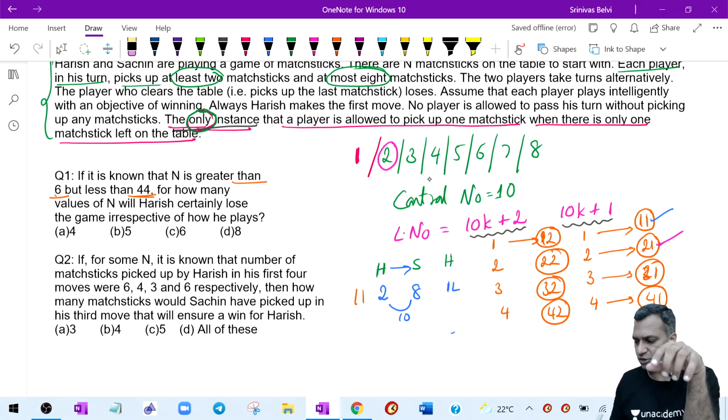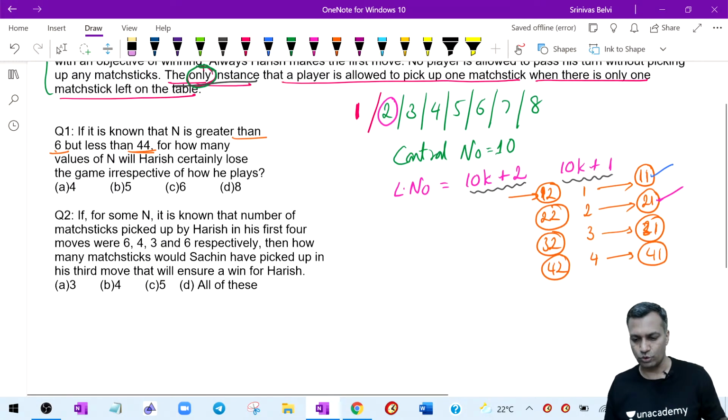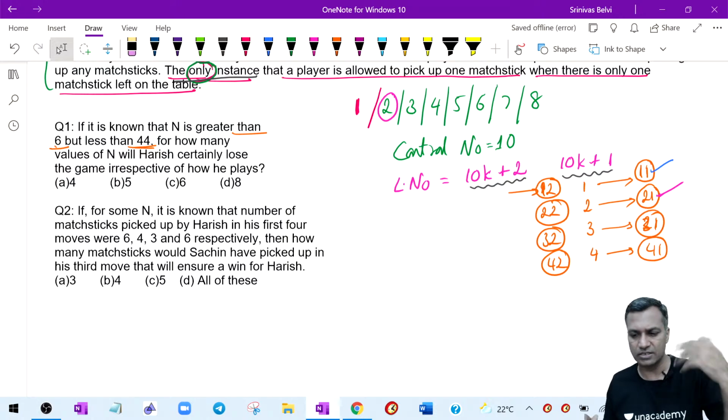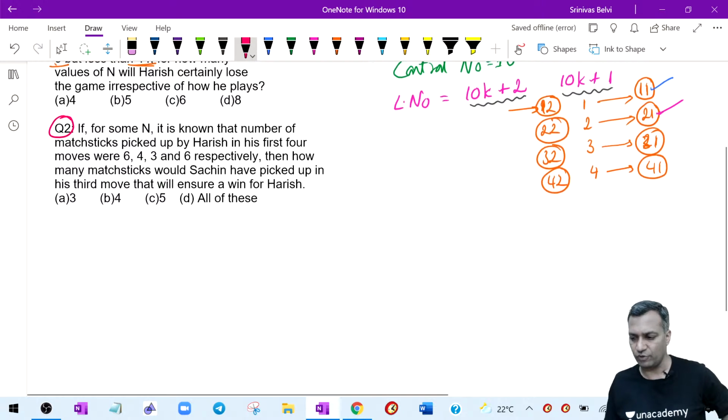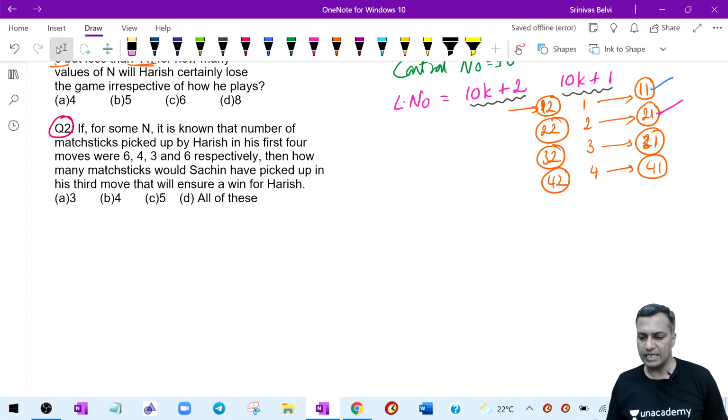This becomes the stepping stone for our next question. We can do many more questions, but it doesn't add value after this. Okay, let's take a look at the second question. If for some n, listen very carefully on this, if for some n, it is known that